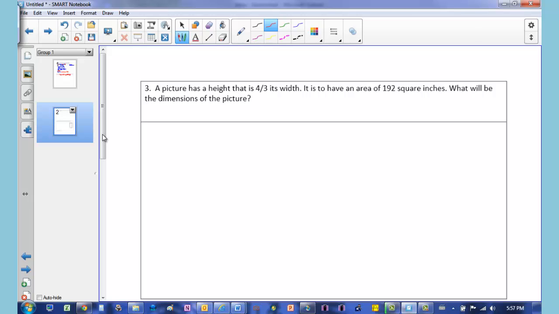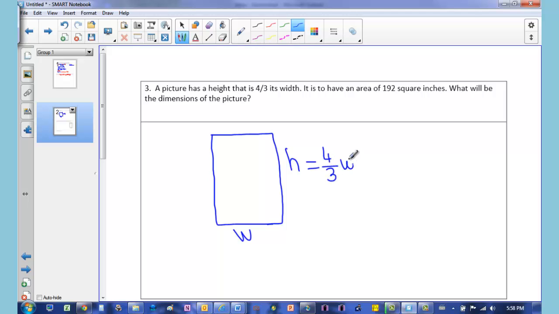Let's take a look at some area problems, or we call them border problems. It says a picture has a height that is 4/3 of its width. Well, let's take a look at the picture. So a picture in the form of a rectangle. If this is the width and this is the height, the height is 4/3 its width. Now this picture has an area of